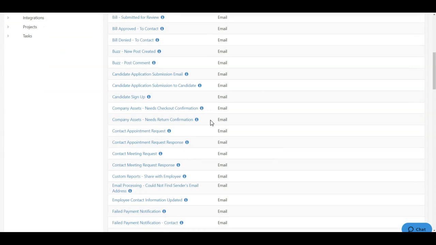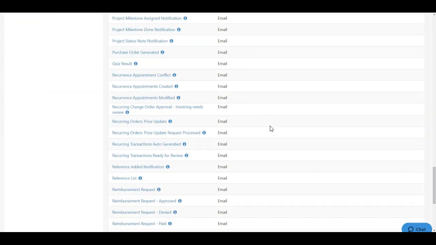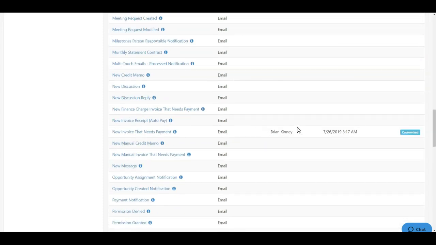And as I scroll down, I'll be able to see all the automated emails that go out from my Striven system. If any of these have been previously edited, you'll be able to see the name, date and time that it was edited with a tag that says customized. If a notification does not have this information, it means it's still in its default stage. If I want to edit any of these automated emails content, I can simply click on the name of the email content,